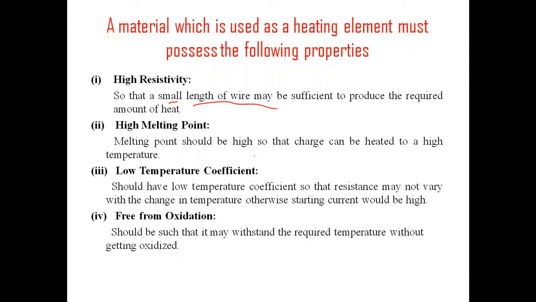I hope this is clear for you. Now let's see, is it possible to get all these properties in one element? Definitely not, because one element or one material cannot possess all these properties in it. It's a general natural concept, right? So that's why we will have alloys. Alloys in the sense, we will mix 2 or more elements together and get one output. So let's have a look over that kind of materials.